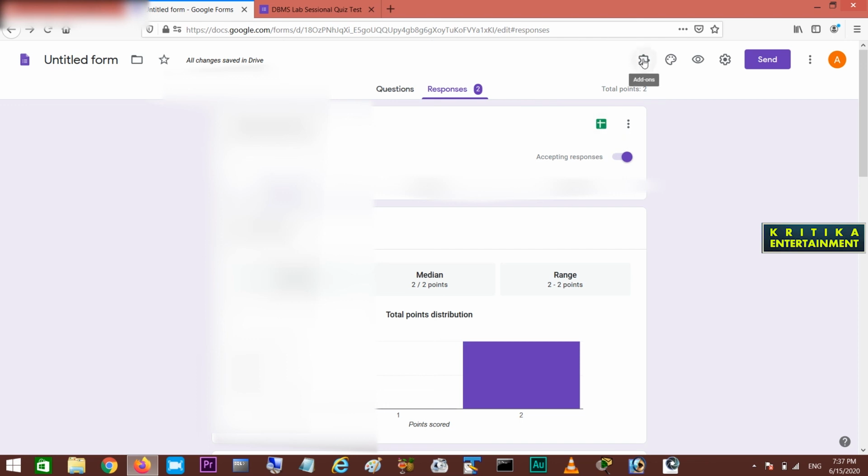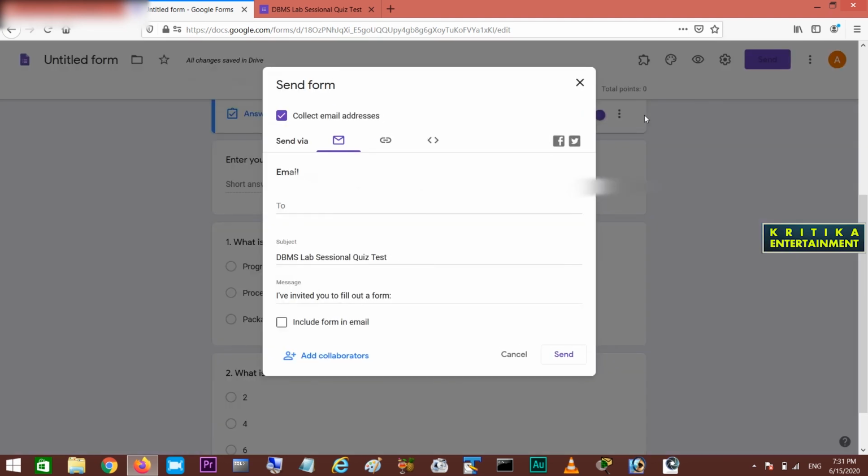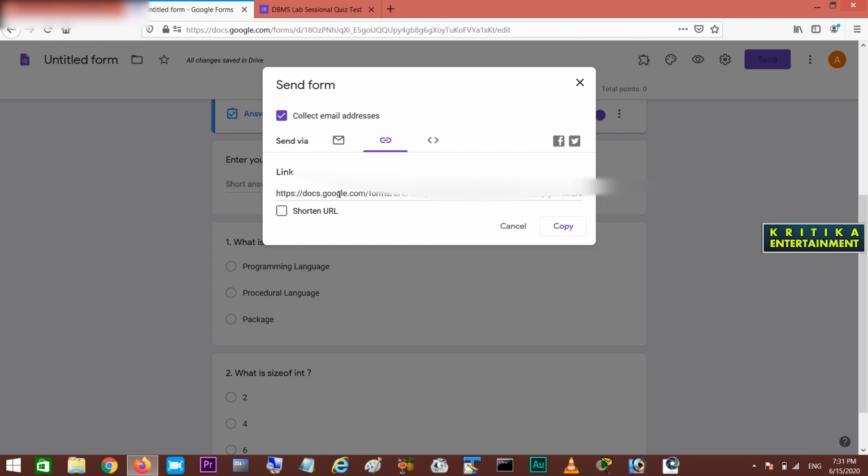After doing this, then go to the send button. After clicking done, go to the send button, here click the link. This is a very big link, so you click here shorten URL. After getting the shortened URL,